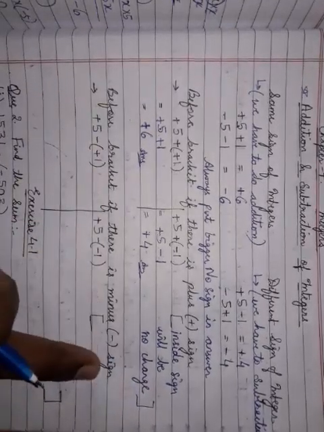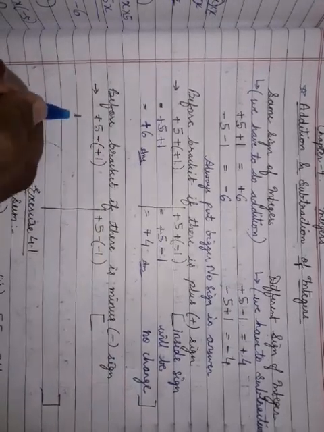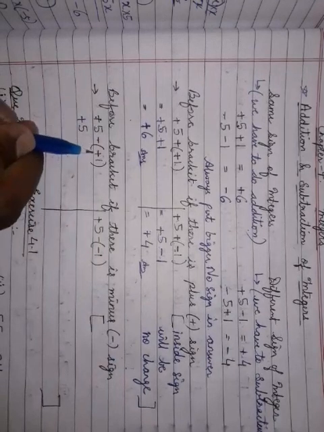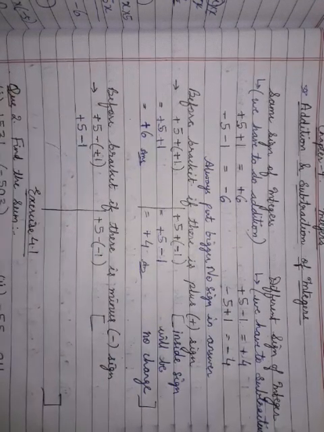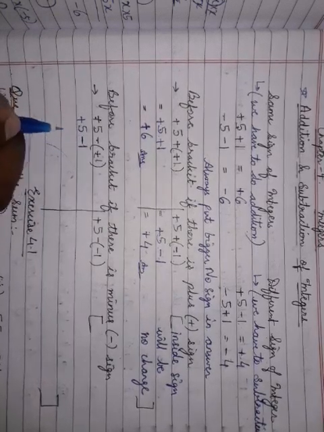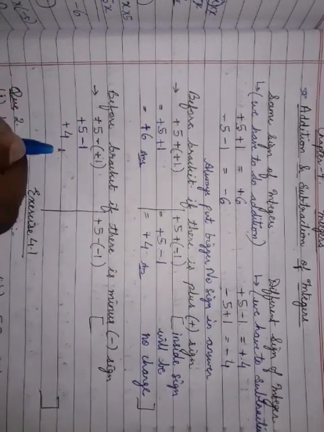Now same here, before the bracket if there is a minus sign. So plus 5 minus bracket plus 1. So plus 5, here the inside sign will be changed. Plus 1 is given, so we have to write here minus 1, because minus plus will become minus. So 5 minus 1 is 4 and the bigger number is 5. So what is the sign? Plus sign. So plus 4 is the answer.